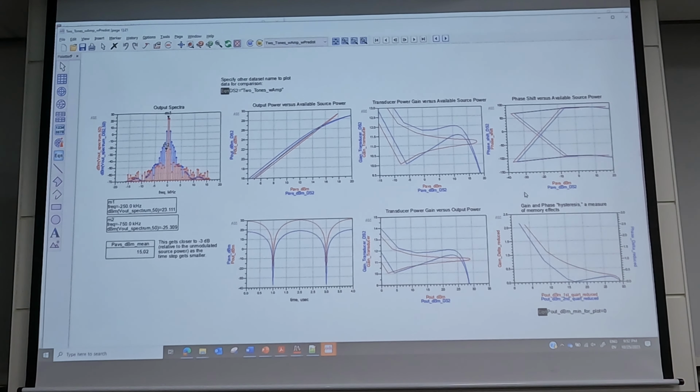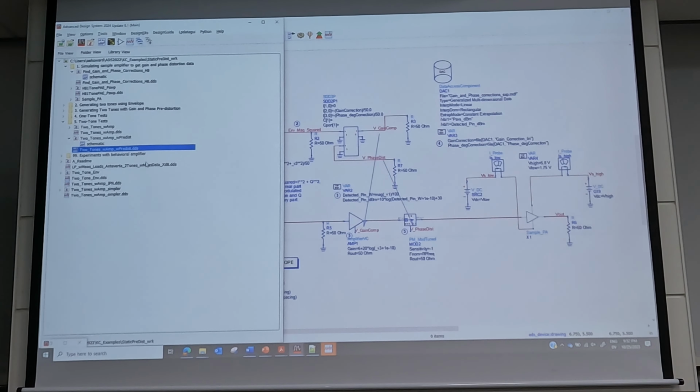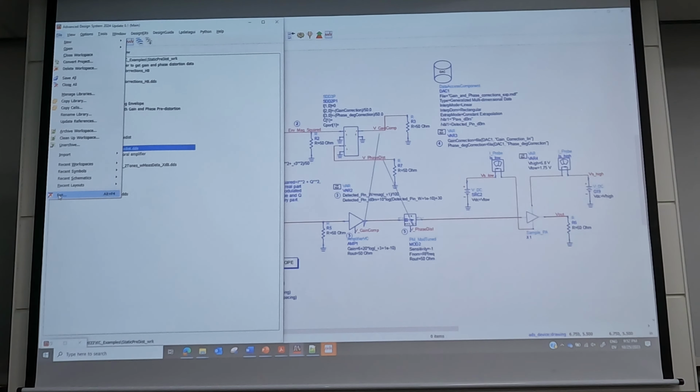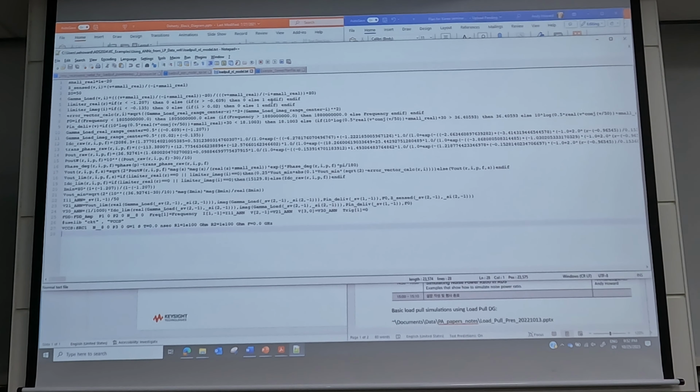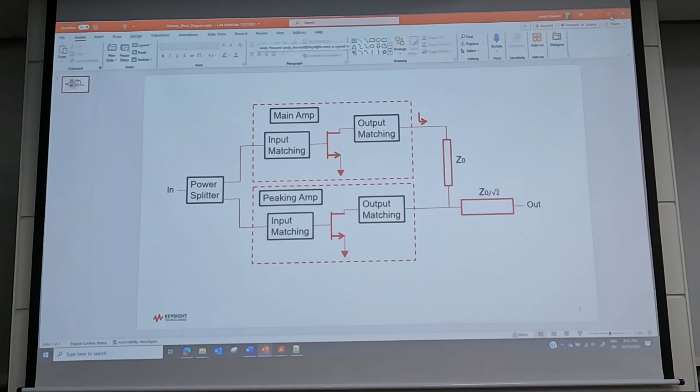Okay, no, so we can go. All right. Okay, so let me move on to a new tool that we've recently introduced. I'm going to show it in ADS 2023 because I haven't installed it with 2024 yet. But this tool is